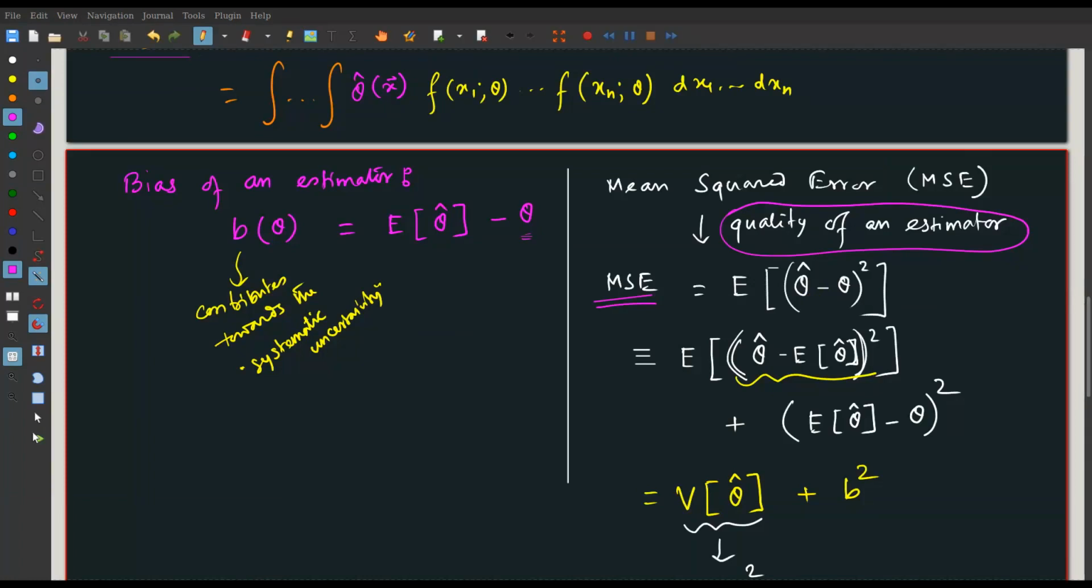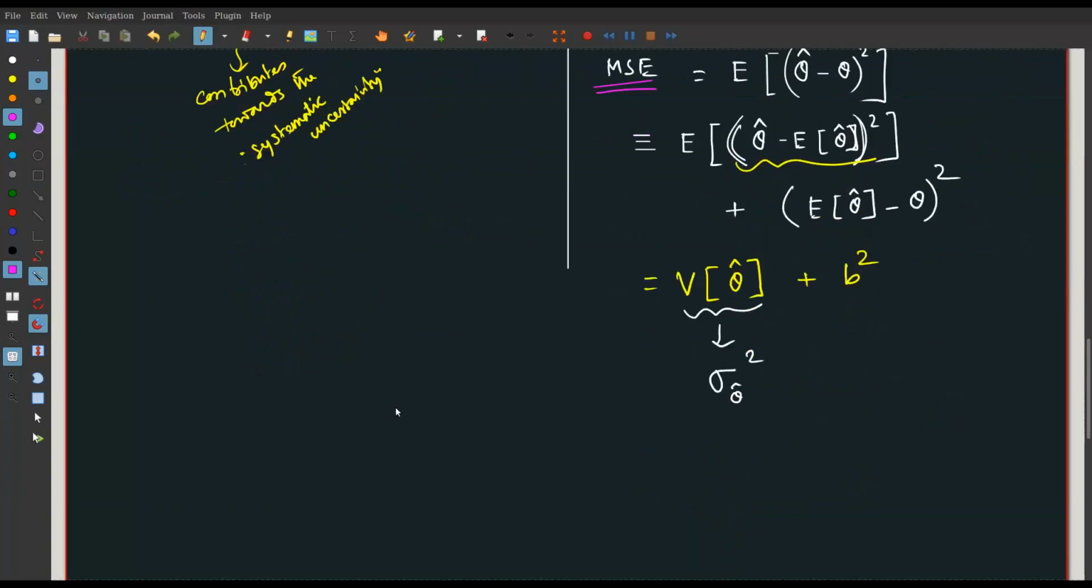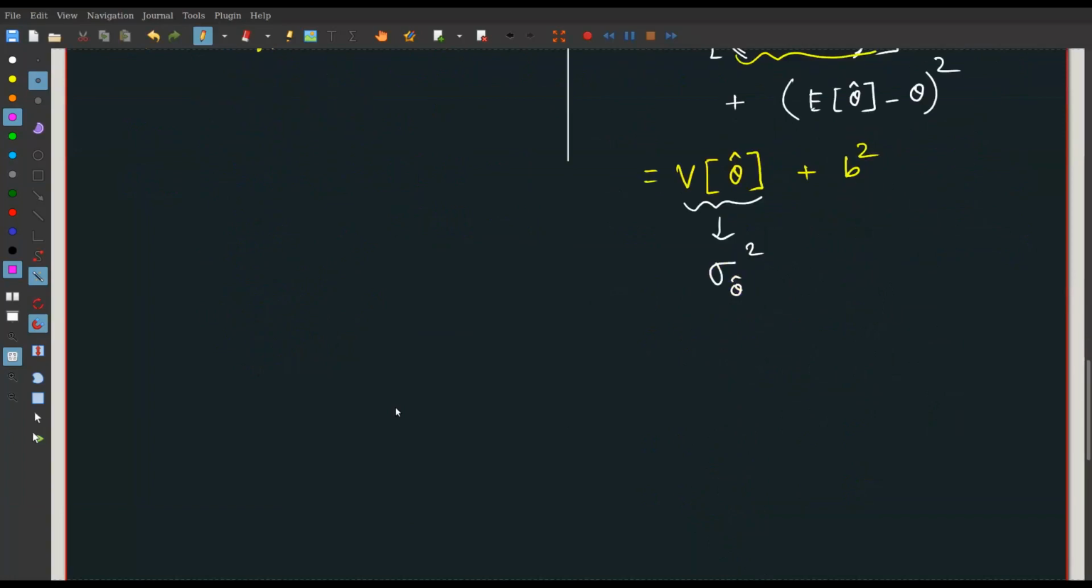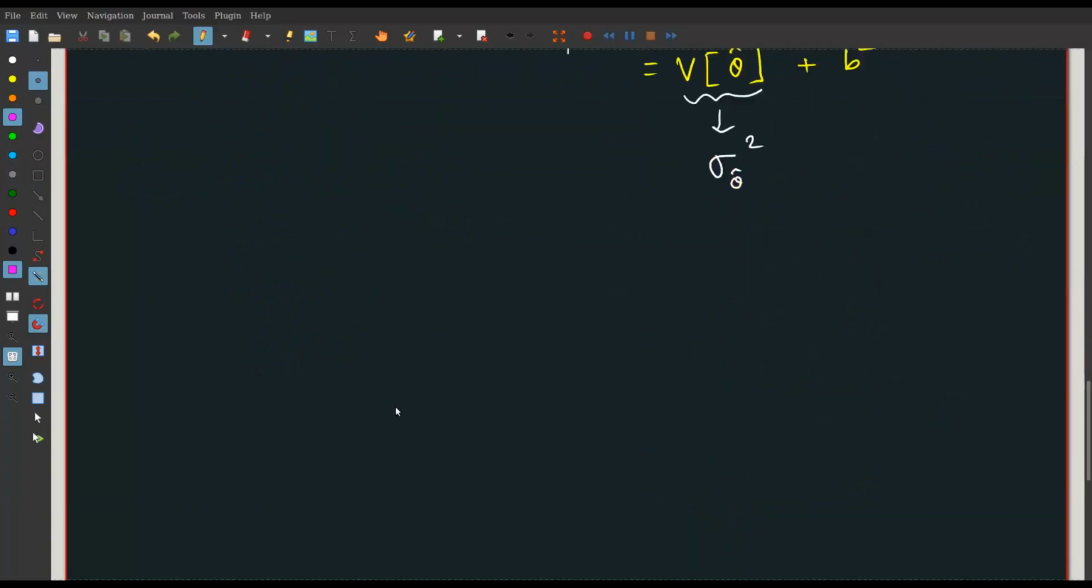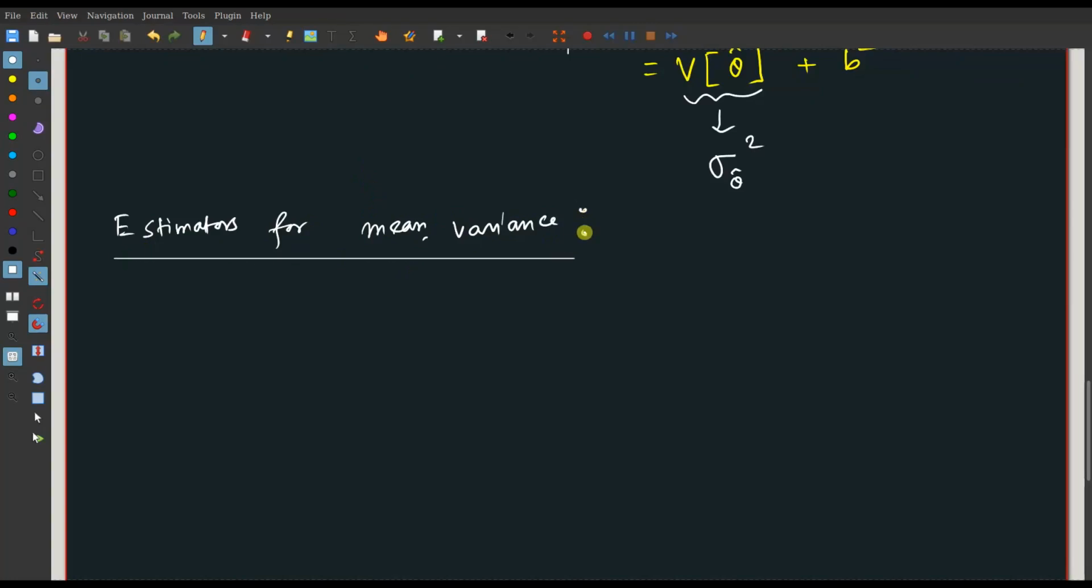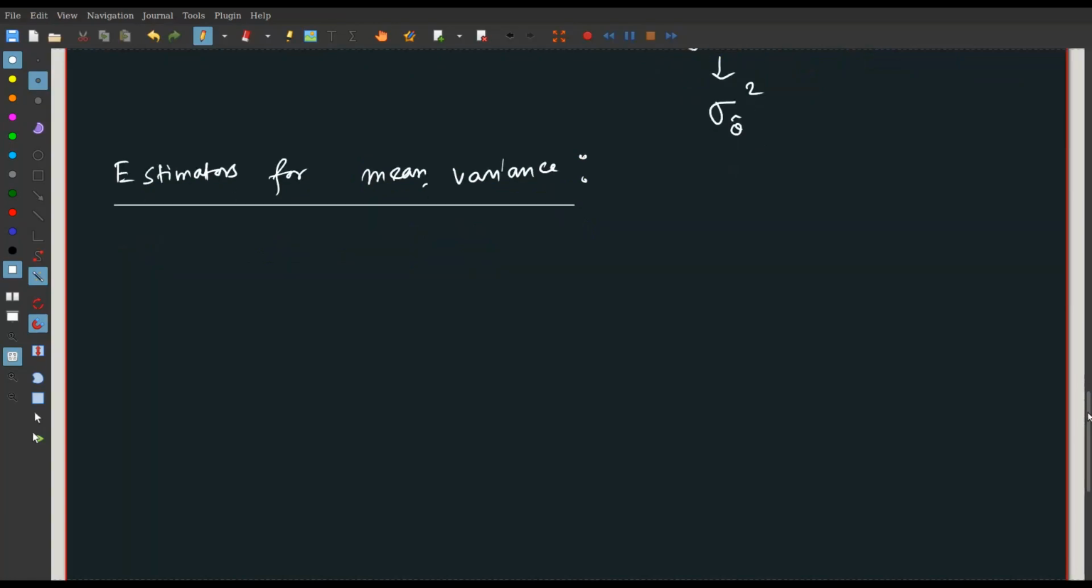Okay, so let me proceed then. Let us say that the estimators for mean, variance and covariance. I will do the covariance later. So first,